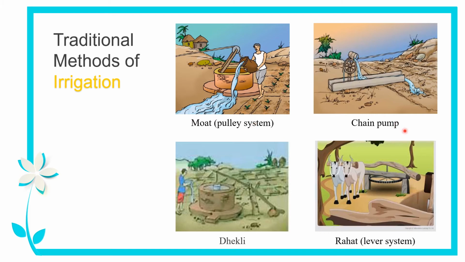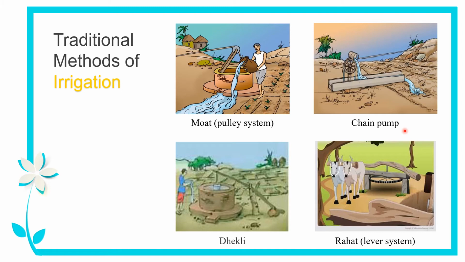Whereas coming to chain pump system, a chain pump is an arrangement to lift water from a source of water like a stream, pond or lake, whichever is at a lower level than the field where we are going to do the irrigation. A chain pump generally consists of 2 large wheels, one fixed at the lower level of the water source and the other fixed at a higher level above the field, and the 2 wheels are connected by a chain passing over them, just like how your cycle wheels are connected with the chain.